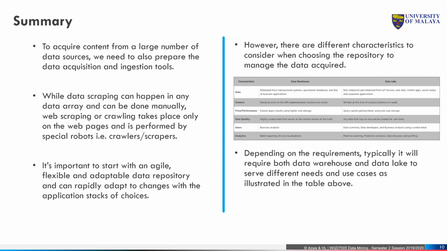In this particular assignment, what we have also learned very importantly is that we need to start planning ahead: how we're going to choose an agile, flexible, and adaptable data repository so that we can rapidly adapt to changes with the application stacks of choice. However, there are different characteristics that we need to consider when choosing the repository to manage the data that we've acquired. And as you can see in the table below, in these particular bullets, there are various different characteristics